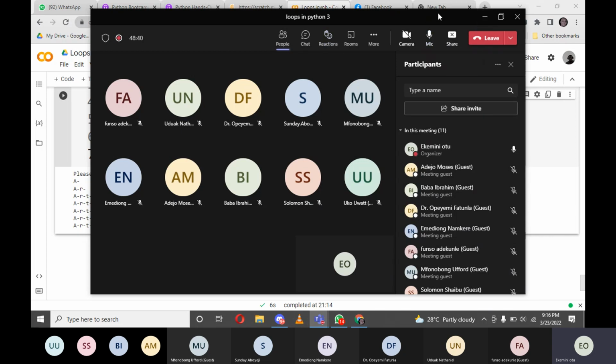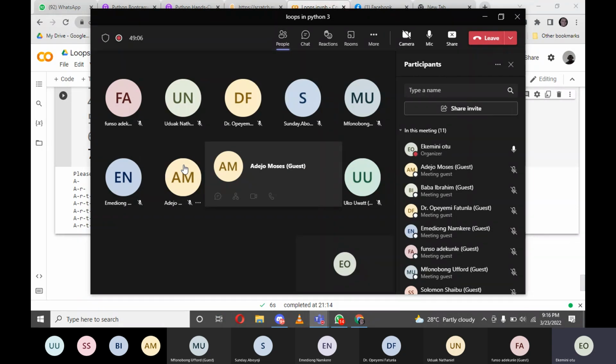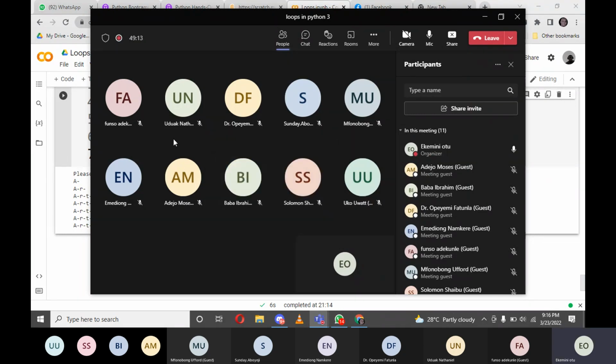I would like you, in the next 15 minutes, to try something and you can post it in the WhatsApp group. The very first classwork is going to be: print even numbers from 30 to 5 inclusive, backwards. That means 5 will be included, backwards. That's the very first classwork. Then the next one is